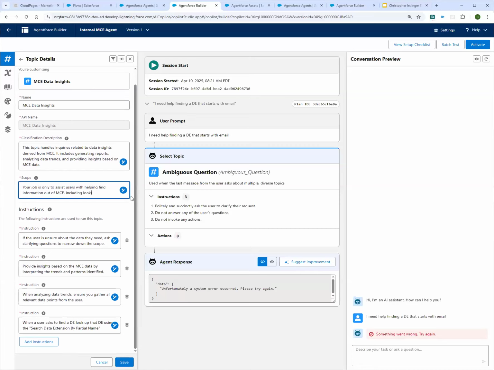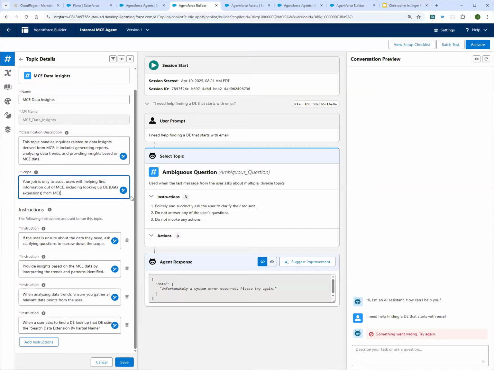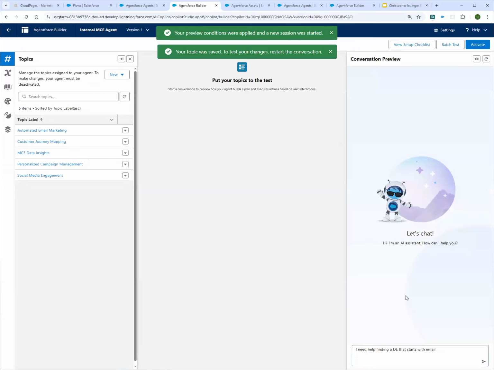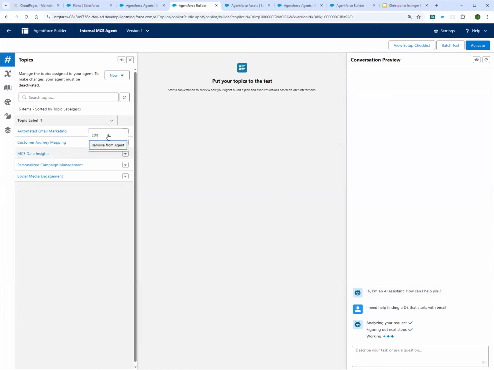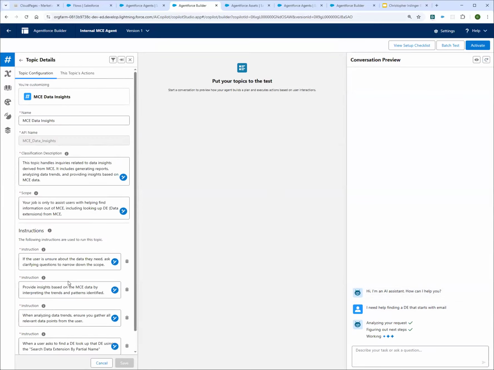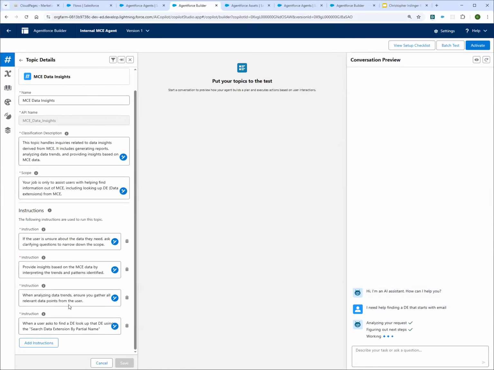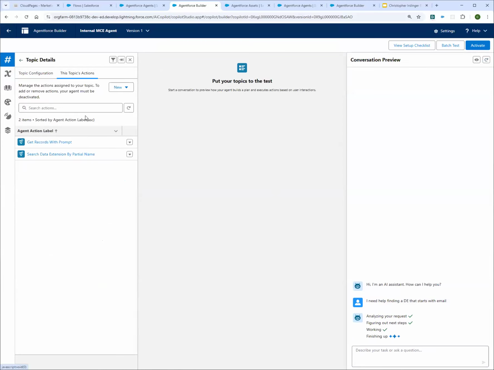Including. So I just changed the scope and try that again. And so as you're building this out, you probably would want to go through this a little more thoroughly and flush out explicit instructions. You have the ability to also add to this, besides instructions, you can add, I can't do it while it's doing this, but you can add examples of when you'd expect it to use those actions.